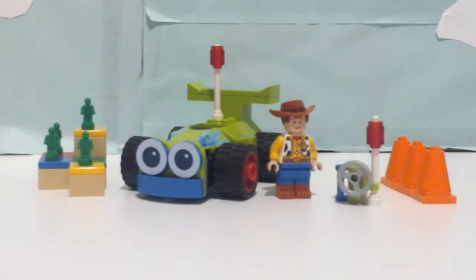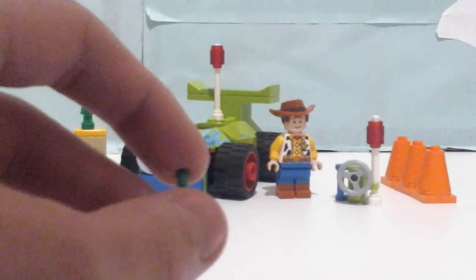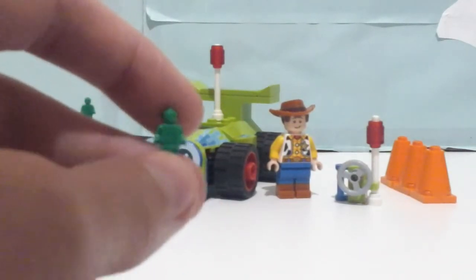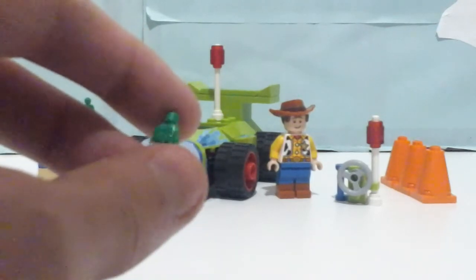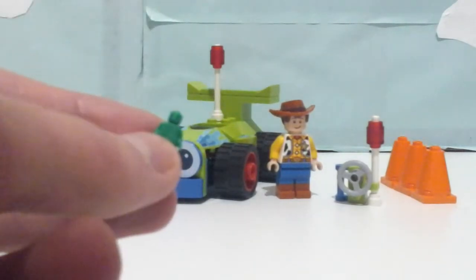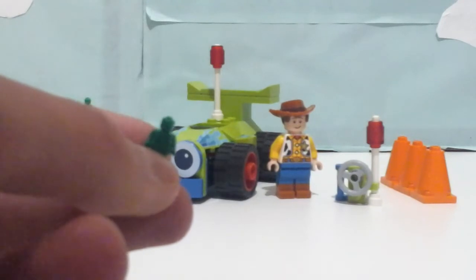Also in this set you get 4 nano figures, or micro figures, or whatever you call them, as the army men, which you see in the first 3 Toy Story movies, I believe. And yeah, I'm so glad they included them like this, since I don't get the people. It's kind of odd with